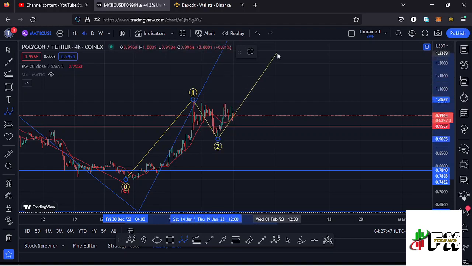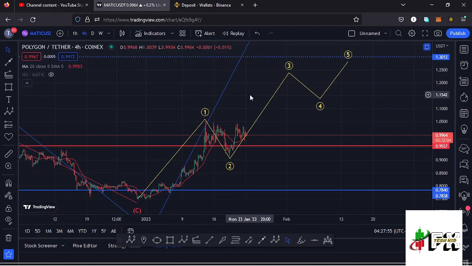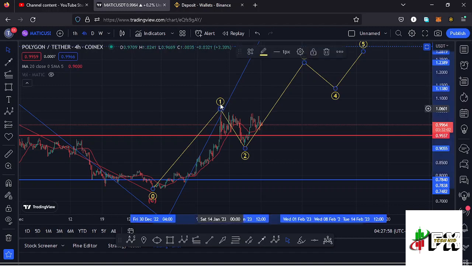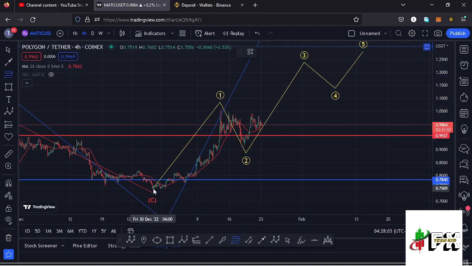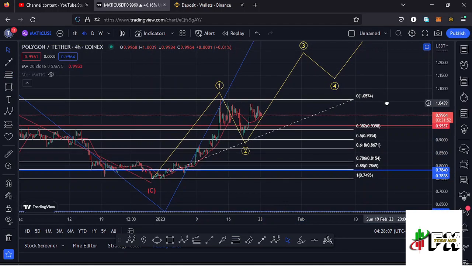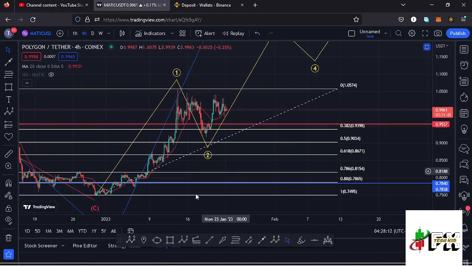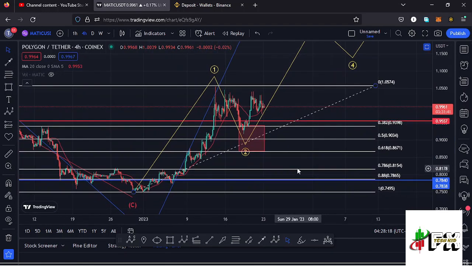And I'm expecting a wave 3 before we see a wave 4, then continue pushing even higher in the formation of that wave 5 to fully maximize the formation of that wave 3 of this Elliott wave structure in blue, and getting to see whether the second wave has done the minimum that we expect a second wave to do by connecting the Fibonacci's from the low of the first wave to the high of that wave 1. That gives me a minimum retracement area in the formation of that wave 2 between the Fib level 0.382 and the Fib level 0.618, and you can see we retraced between the Fib level 0.382 and the Fib level 0.5,